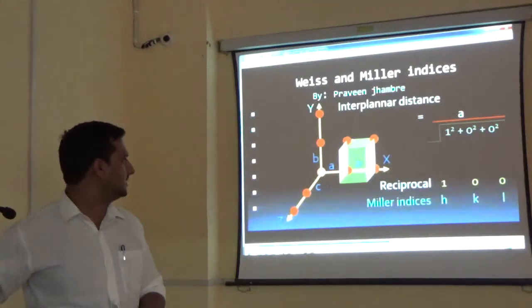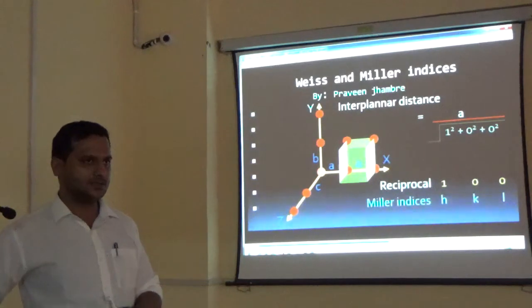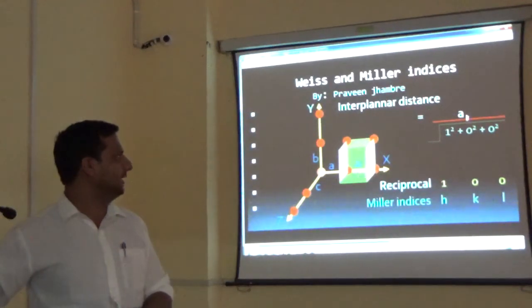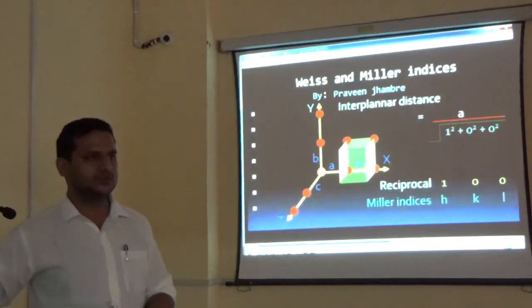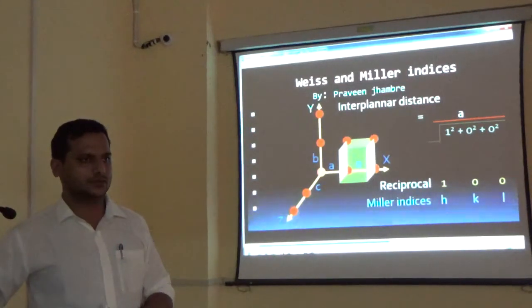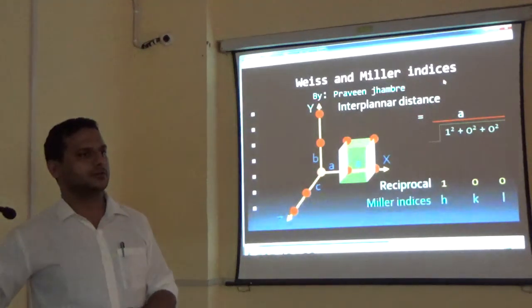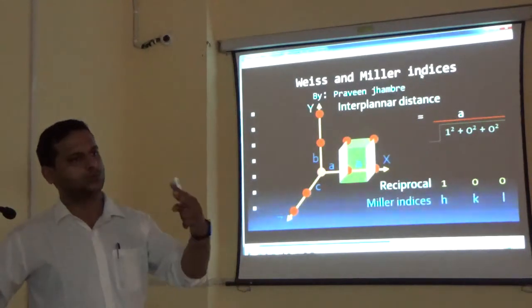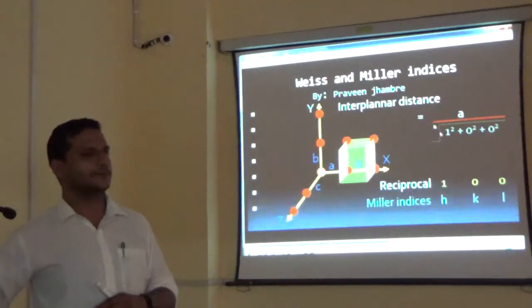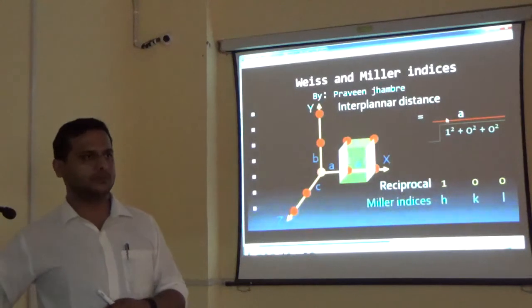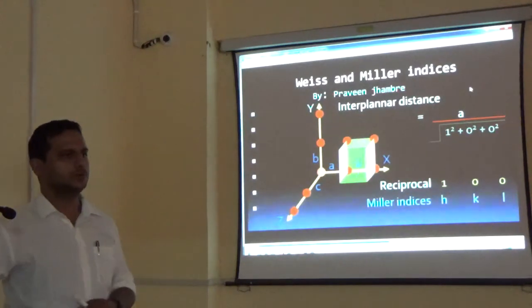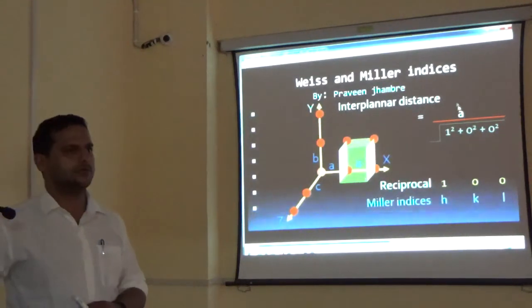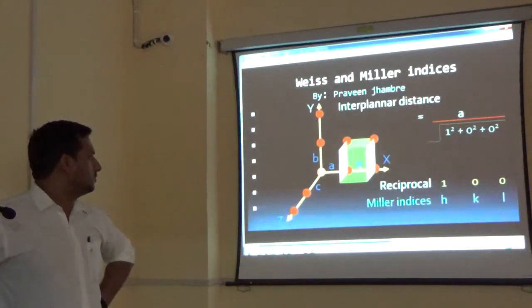Further, there is a second plane, and if we find the value of this interplanar distance, it becomes equal to a divided by the square root of h squared plus k squared plus l squared. This formula can be derived with the help of the sine function, if we apply it to the X-ray diffraction output. This is out of our slides, so we are not going deep. How can we calculate this?